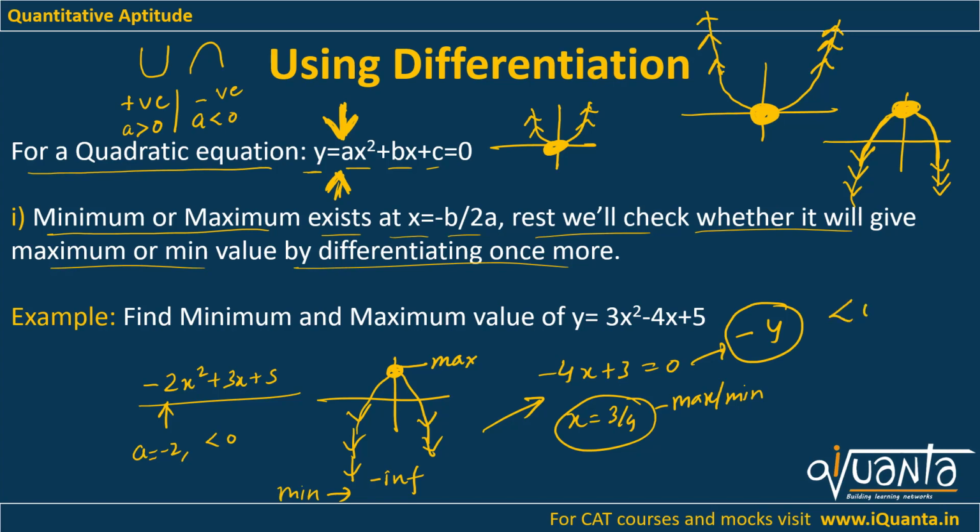It is minus 4, which is less than 0. If double differentiation is less than 0, at that point we will get the maximum value of that expression. So that means at x equals to 3 by 4, we will get the maximum value of this expression. Simply put x equals to 3 by 4 in this equation, you will get its maximum value. Okay. So that's how you have to solve a quadratic equation. This is particularly for quadratic equations. For equations of other degrees, say x to the power 3, 4, 5, 6, we have other methods. Mostly in CAT, you will go through quadratic equations. So in this manner, you can use differentiation. If you practice some questions, you will be very good with this.